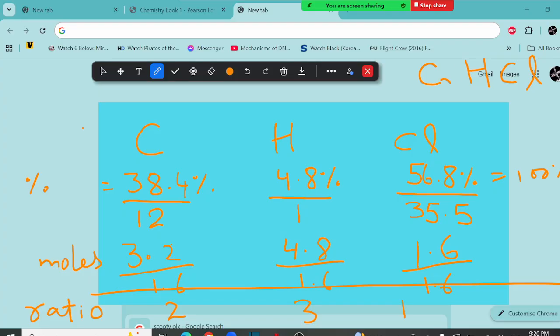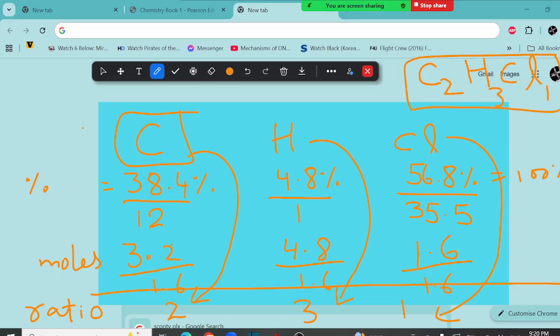So carbon is going to be 2, because this number is for the carbon. This one is for the hydrogen, 3, and this one is for the chlorine, so chlorine is going to be 1. This is your empirical formula. No need to write down the 1, because if there is no digit, we know that there is 1 chlorine. If you write down the ratio instead of the exact formula, you will lose the marks. So write down the symbols and the values.